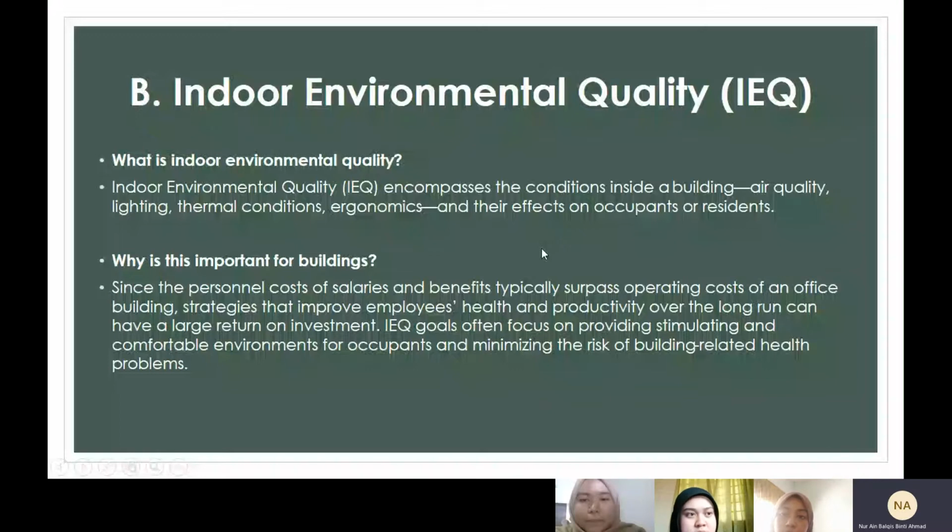Next is indoor environmental quality. What is indoor environment? It encompasses the condition inside a building or